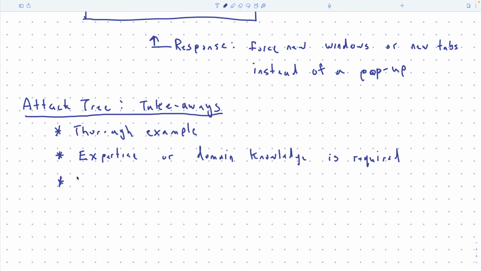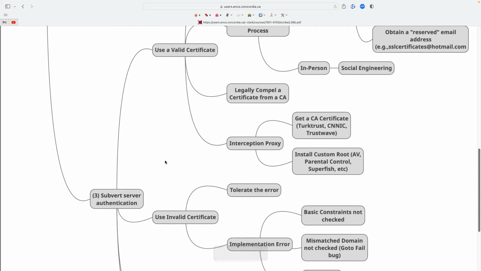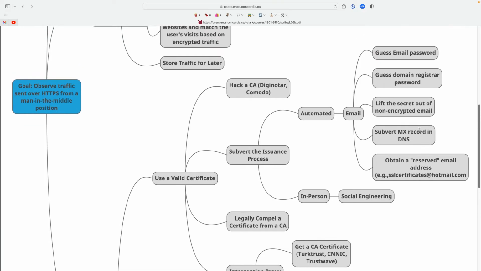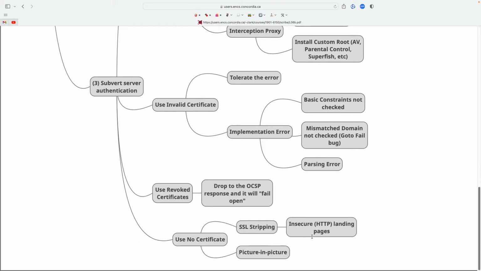Okay, and the main thing I like about attack trees is if we go back to the tree, there's actually quite a broad set of attacks. So you have social engineering, which is tricking human beings. You have things like attacking DNS. You have using the legal system, right? You have all sorts of software errors.